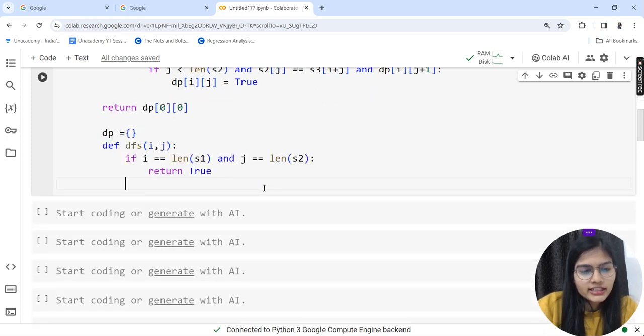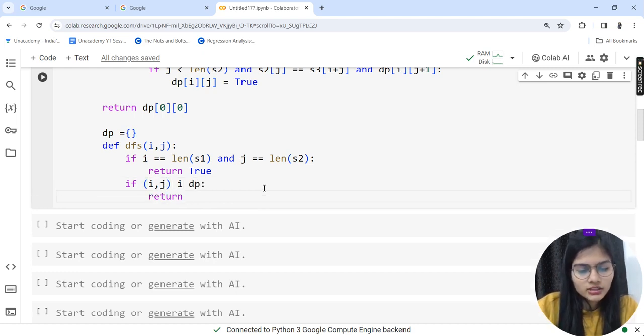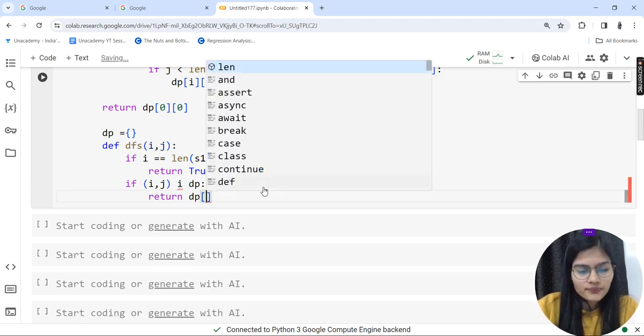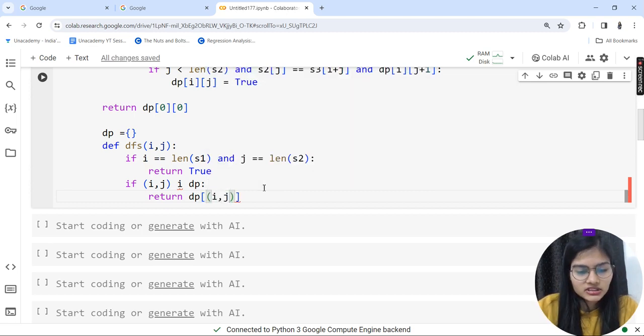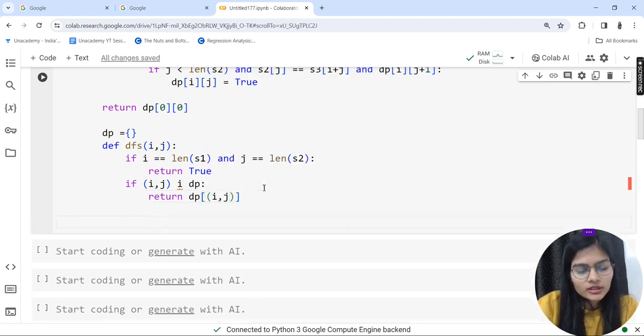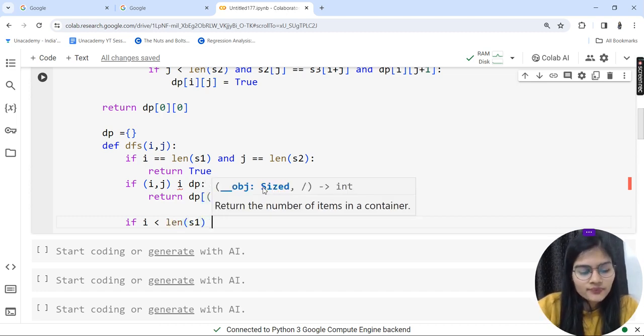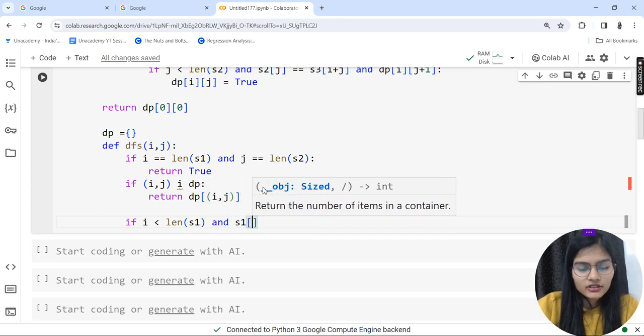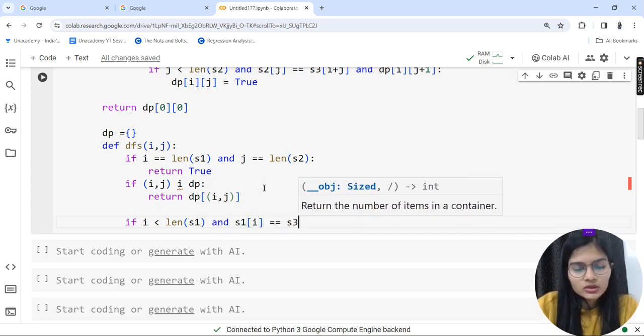Now moving ahead, I'm going to put my second if condition. I'm going to check if i, j is in dp, put a colon, and return dp of i comma j. Now getting down, I'm going to put my third if condition. If the value of i is less than the length of s1, and s1 of i is equal to the